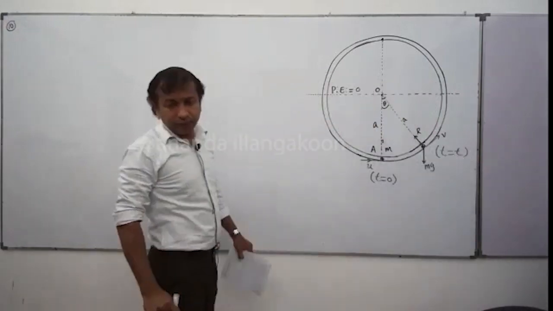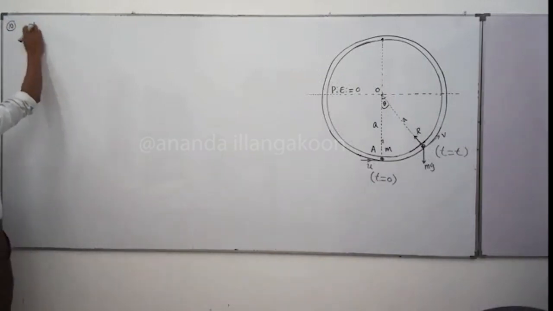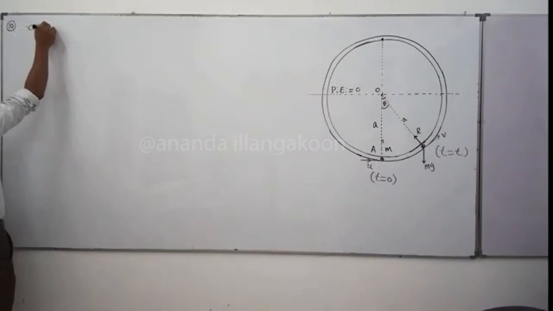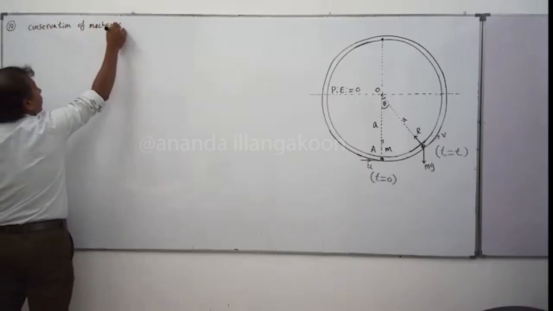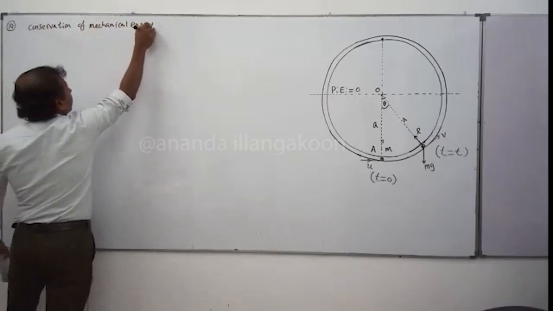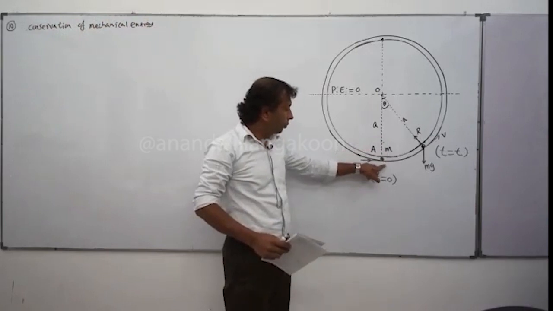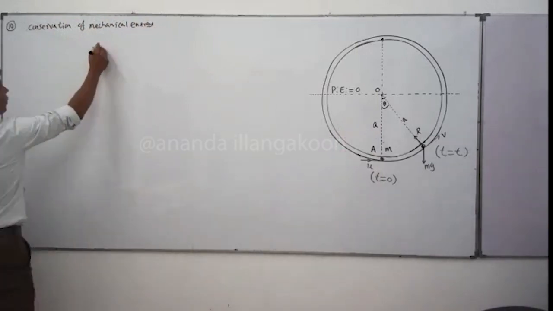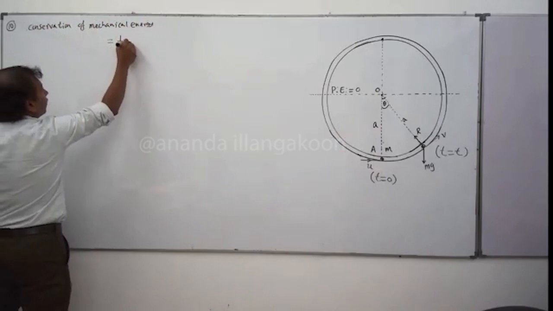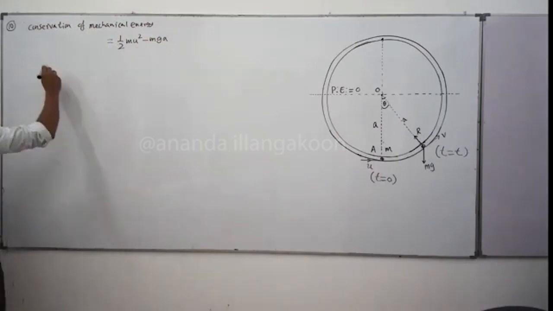By applying conservation of mechanical energy, the total initial mechanical energy is half m u squared minus m g a, which equals half m v squared,